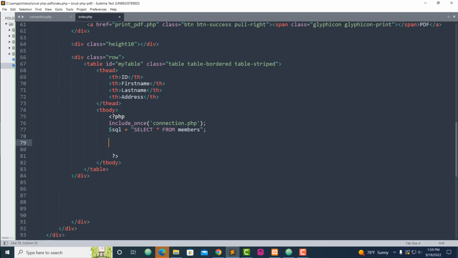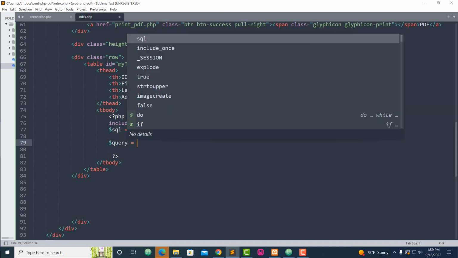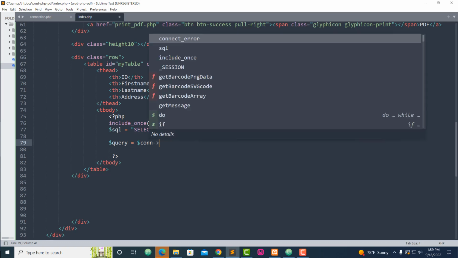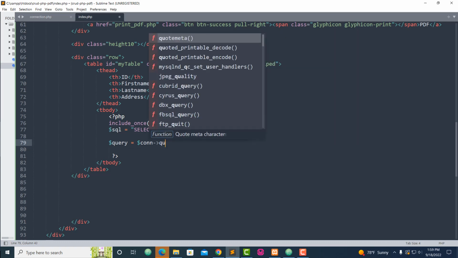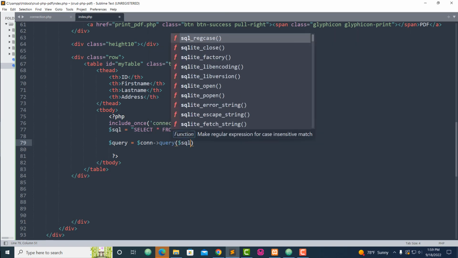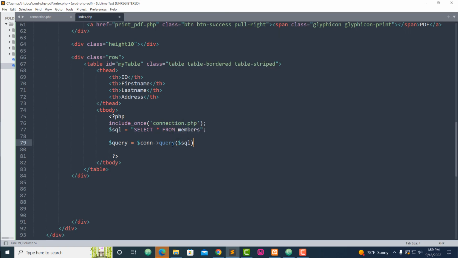Remember we use SQL. This is what I'm going to call my query. I'm going to say query equal. I have to connect our query to our connection. I'm going to say query connect. Connect our query. I say query connection, query SQL to select everything from my table and pass it inside of my table